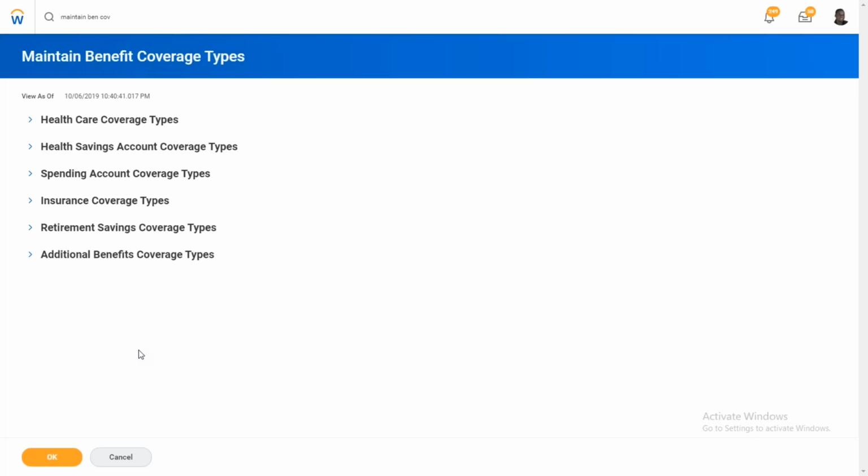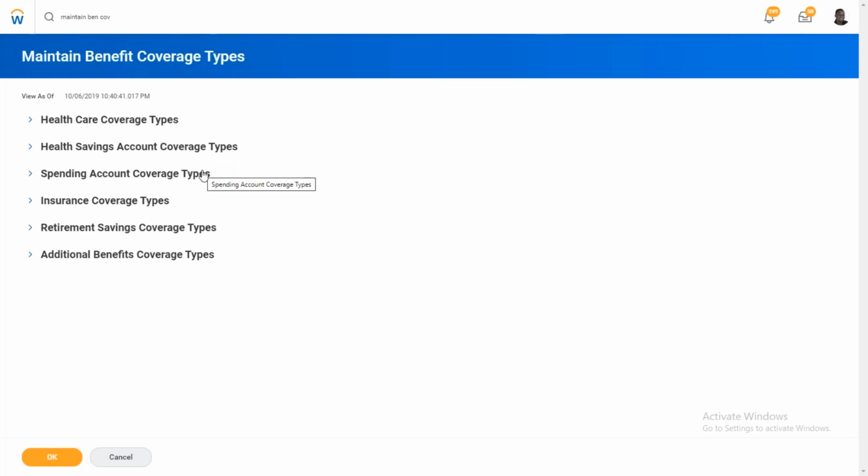Just an overview session. From tomorrow onwards, I'll come with the requirement along with the PPT presentation, with definitions, we'll understand the requirement properly. So normally in Workday, benefits we can configure under 6 coverage types. Healthcare coverage types, health savings account, spending accounts, insurance coverage, retirement savings, additional benefit coverage types. Okay, 6 types of coverage types we have in Workday, delivered by Workday. It's a kind of grouping. And these two are very related to USA, specific to USA.